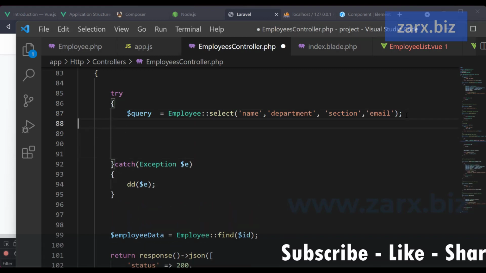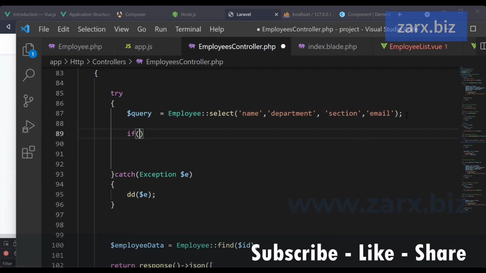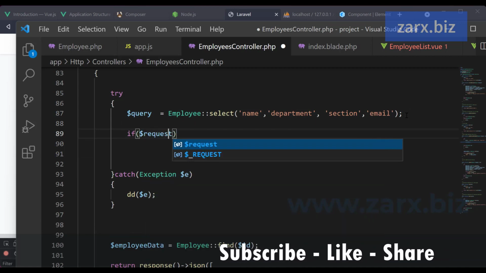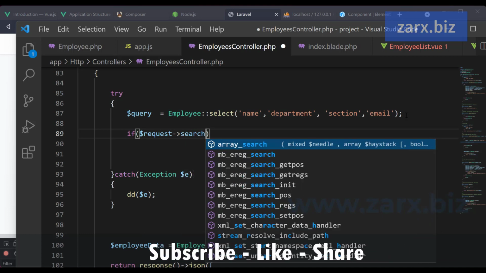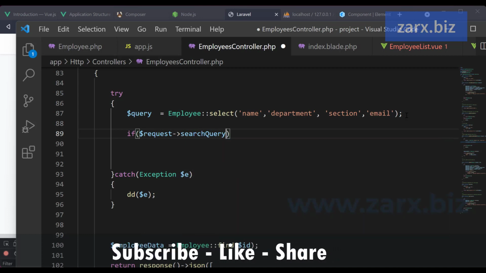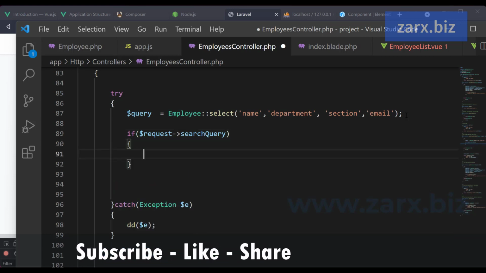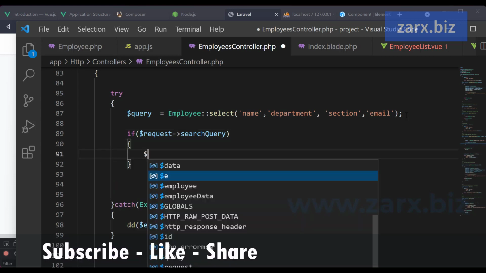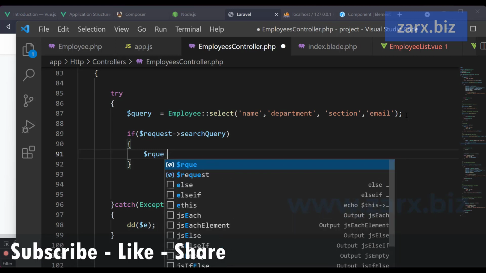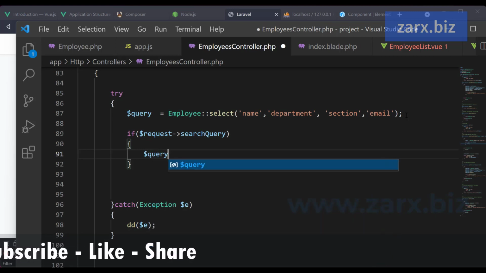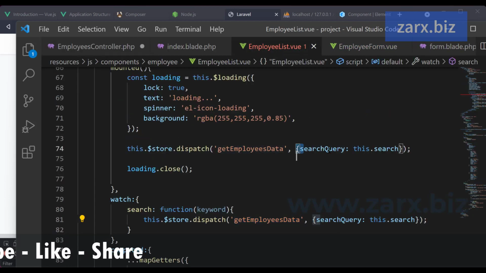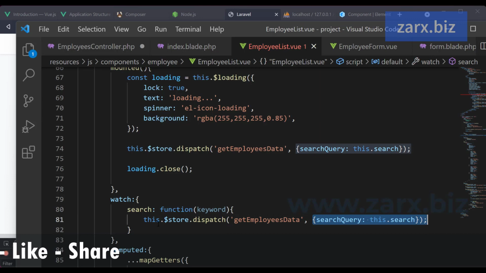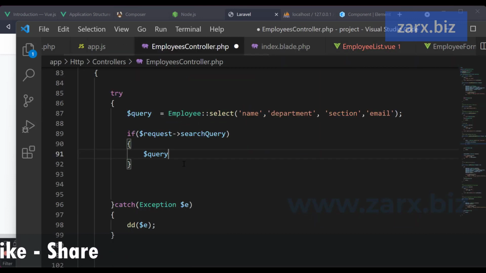Now here I'm going to say if $request, and we are passing search query. So if we have this, then we want to say $query. Now we are getting the search query in both cases. If you remember, if you go back to the list here, we are passing search query in both cases whenever we are calling this function. So this is going to go inside this if statement. So here we say query,